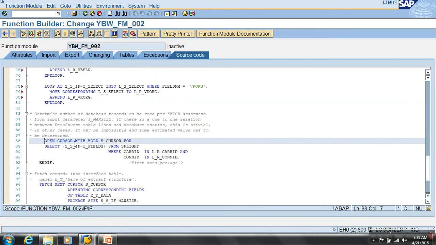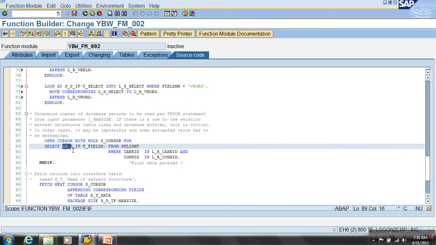I need to say open cursor with hold. What is this? This is a cursor name for which select statement? For this select. So I am not writing select of fields. I am just saying select of fields listed in the table, because the content of I_T_FIELDS is already collected into a static variable as S_IF-T_FIELDS. So select the fields from which table?